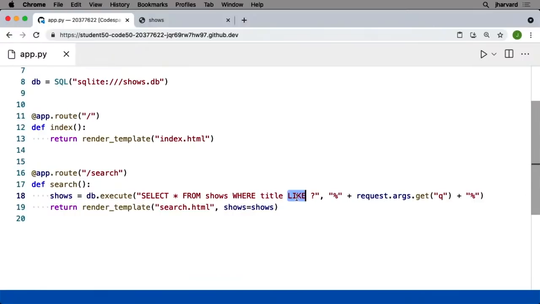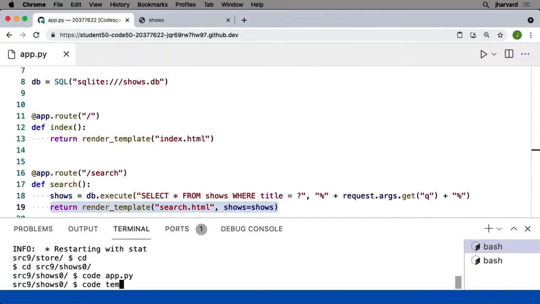If I didn't use like and I used equal instead, I could get rid of these percent signs, but then it would have to be a show called cat or called dog as opposed to it being like cat or like dog. This whole line returns to me a list of dictionaries, each of which represents a show in the database, and then I'm passing all of those shows to a template called search.html. So let's just follow that breadcrumb. Let's open up